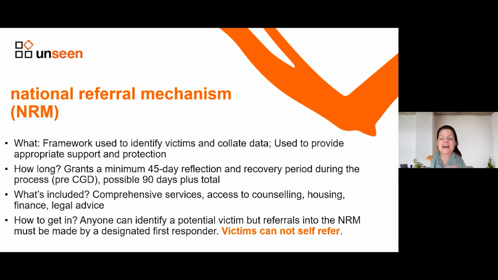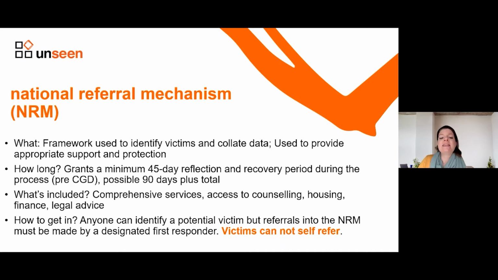We could get into the depths of the different stages of decisions and how this proceeds. I think that on the surface, a few key things to know is that it is temporary. The NRM isn't long-term services. It's not really designed to be. So initially you apply and there's a 5-day wait until you know whether you're going to be eligible for the NRM and the services. And then once you are eligible, you have 45 days where you might be provided accommodation, or if it's an outreach, you might be given access to other services, as you can see there, like counseling or financial guidance or